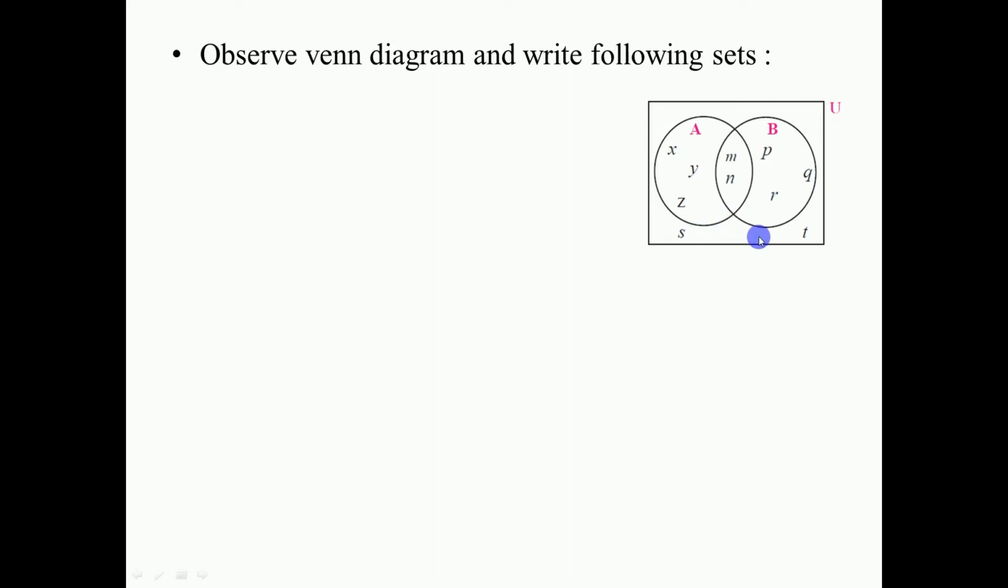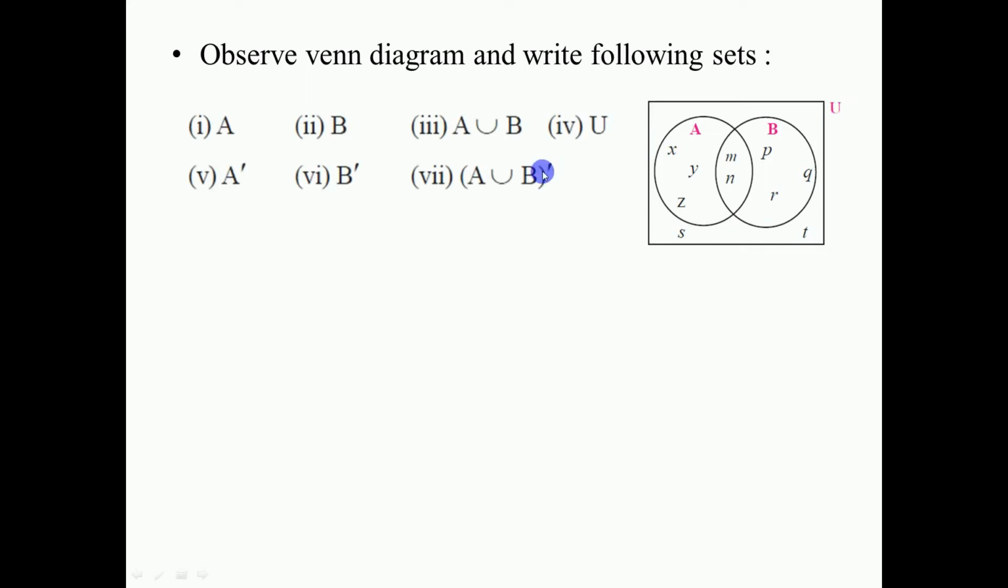Now S and T do not lie in set A and set B, but they lie in the universal set. And we have to find these 7 answers. That is set A, set B, A union B, universal, A complement, B complement, A union B complement. So let us find the first two, which are set A and set B, which is quite simple,